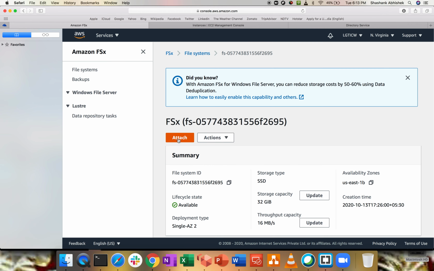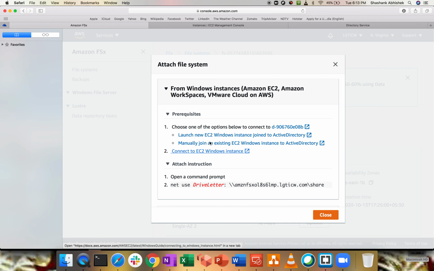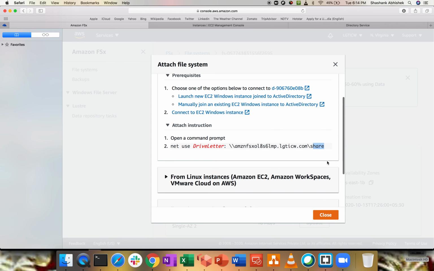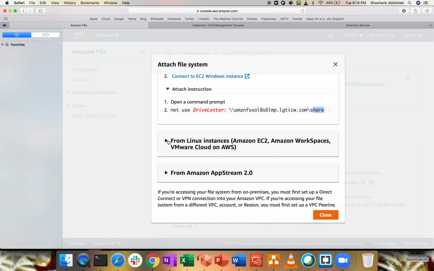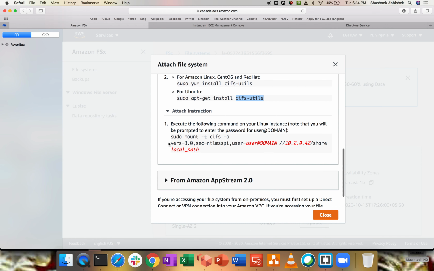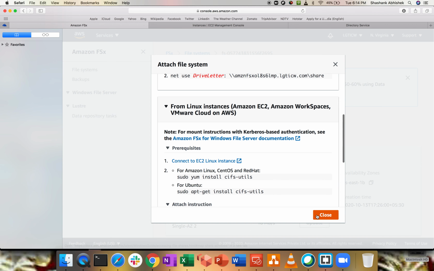Okay, let's go to FSX. We have an option to attach. Click on attach over here. Now here we have certain options. Within a Windows environment, you can use this command. Instead of the drive letter, you have to give a drive letter like T or whatever the drive letter is. This is the file share name and slash share. You can use this file share to map with Linux instances as well. From a Linux machine, if you want to attach it, you have to install a utility, which is CIFS, and